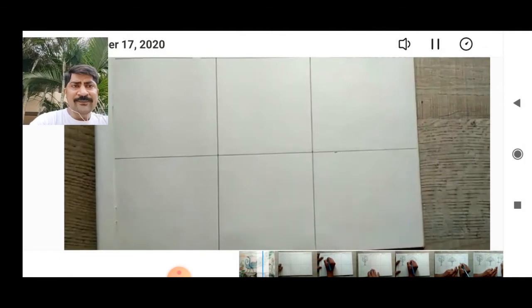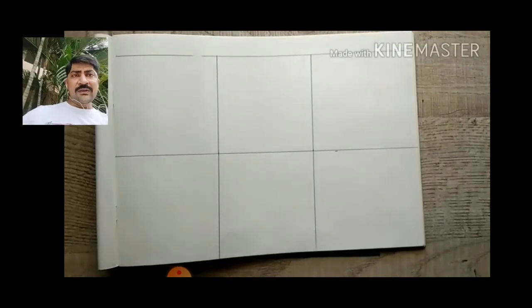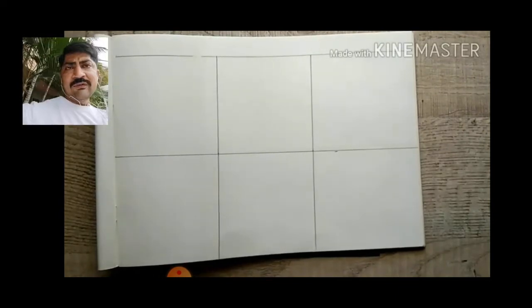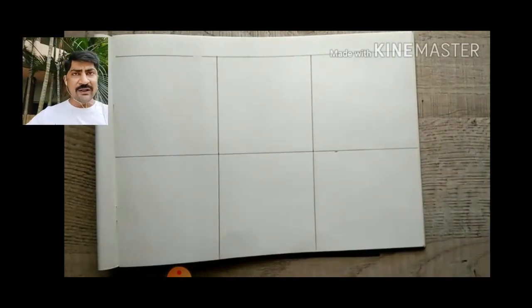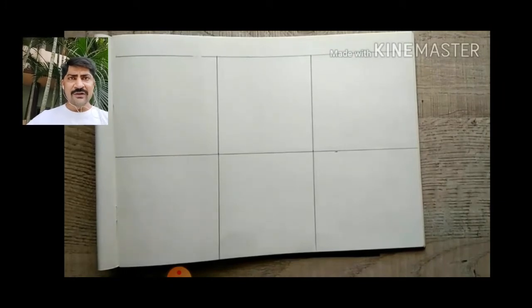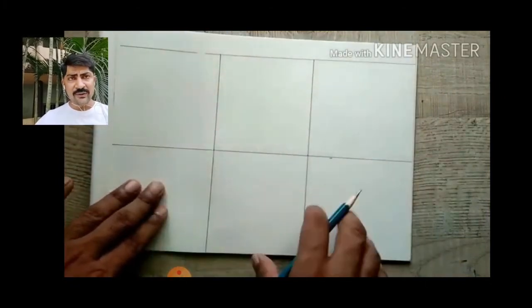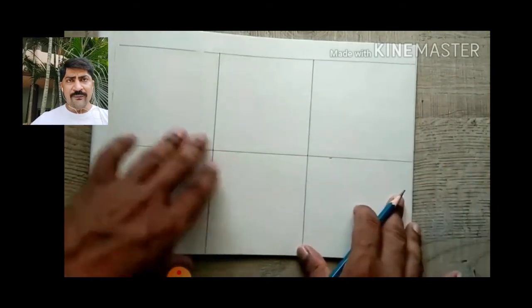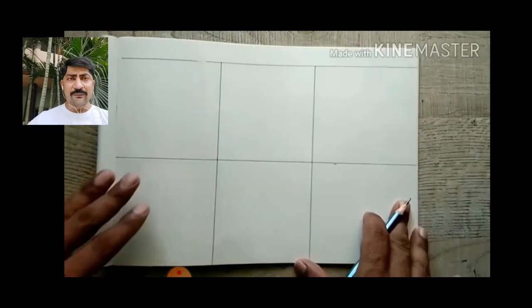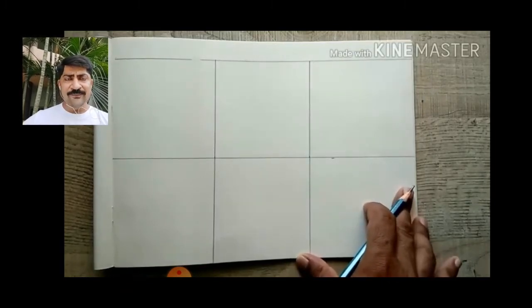First type of tree, first you have to do the boxes, means you have to do the drawing of the boxes. Okay. Now in the last video when we had done textures, we had left 1 centimeter line in between the 2 boxes, while here we are not leaving any gap in between. Straight away 6 squares or 6 rectangular boxes we have to draw. Now in the first box we are going to do the drawing of oval shape, tree of oval shape. Okay, you can draw a circular shape tree or oval shape tree, but no using any geometrical instrument. Fine. So we begin.